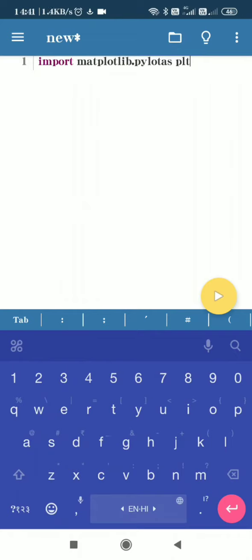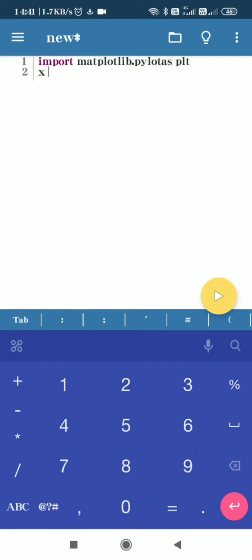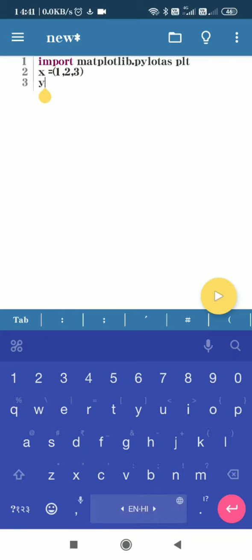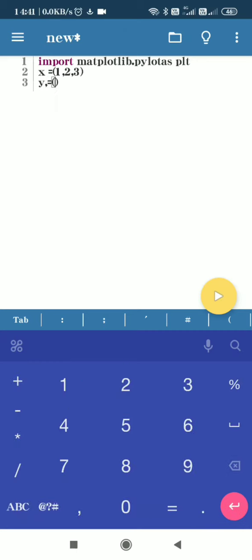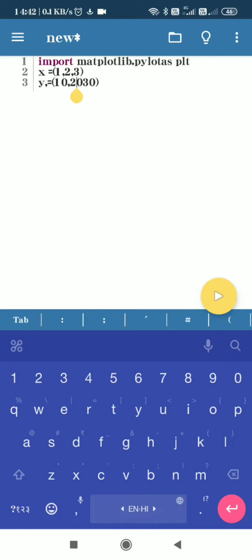Suppose I am writing a program to show you, and you can assign the value of x equals, suppose I am using 1, 2, 3, and third y equals, I am using y equals 10, 20, 30, comma is missing here, comma 10.